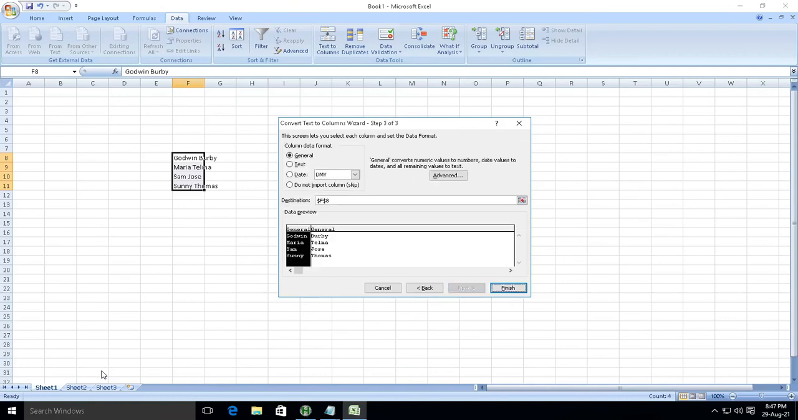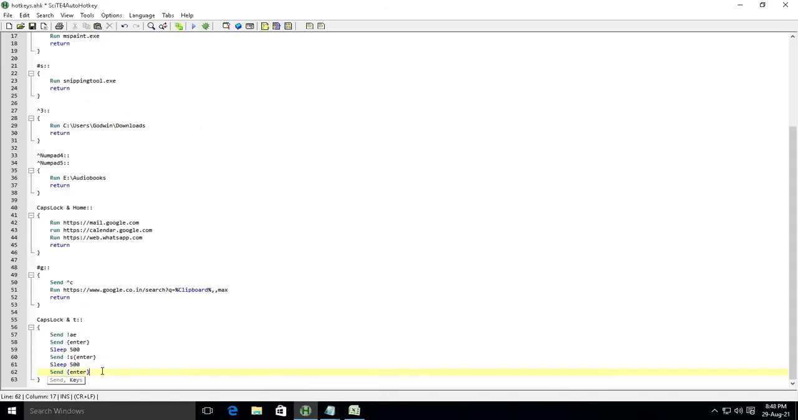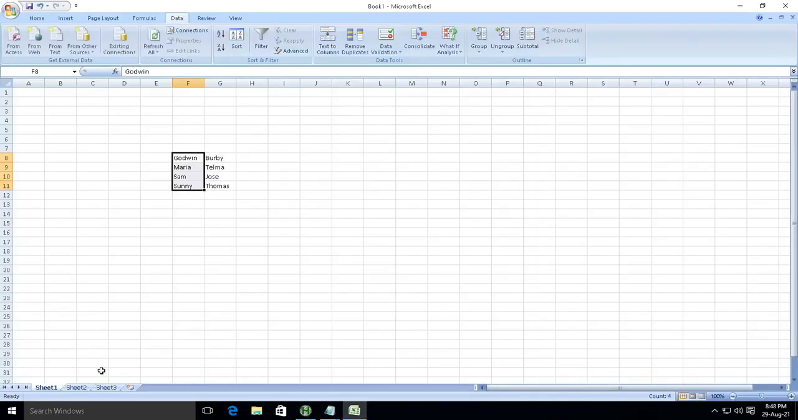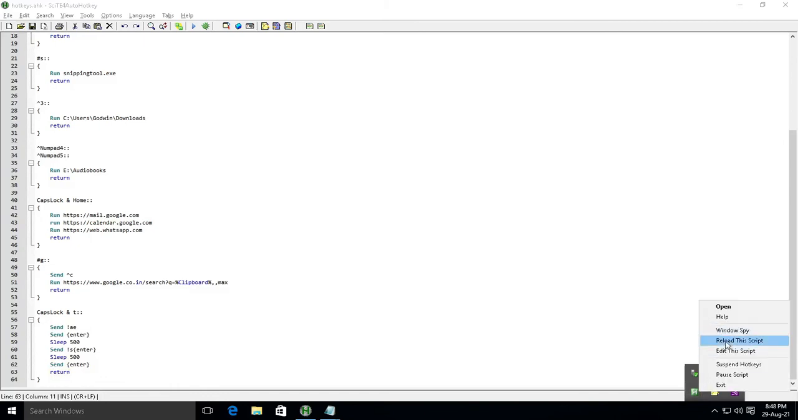In step 3, we are happy with whatever options are generally selected. So since the focus is on the finish button, again we can use the send command to press enter, and we're finished. The data is separated into separate columns using this wizard. So I'm going to close Excel, put a return command after it, save, right click, reload the script,